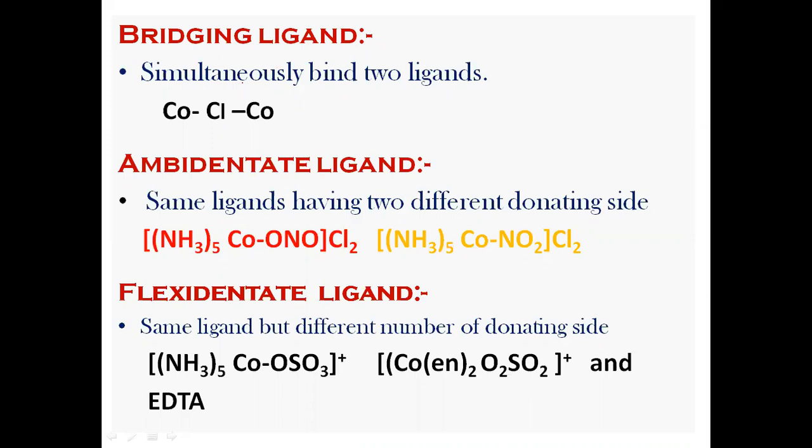Okay, then another class of ligand on the basis of their behavior. इसके बाद में और एक क्लासिफिकेशन करते हैं हम लिगैंड को, जो कि उसका बिहेवियर कैसा होता है इन द कॉम्प्लेक्स। तो ब्रिजिंग लिगैंड होता है एक, जिसे हम ब्रिजिंग लिगैंड कहते हैं, जो कि 2 मेटल आयन के बीच में एक ब्रिज फॉर्म कर देता है। जैसे कि अगर डायमेटालिक कॉम्प्लेक्स है, वहां पे 2 मेटल आयन एक ही कॉम्प्लेक्स में हमें देखने को मिलते हैं। तो इस तरह के कॉम्प्लेक्स में क्या होता है कि ये जो 2, मतलब एक कोबाल्ट एक कॉम्प्लेक्स वाला और दूसरा कोबाल्ट, मतलब मेटल, है ना,